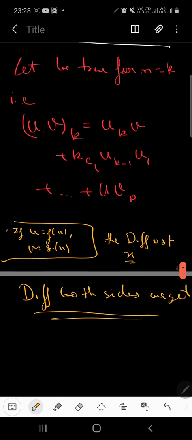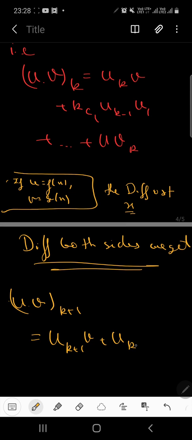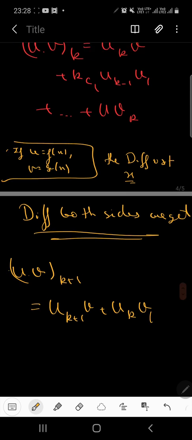It is what I meant. So differentiating both sides we get (uv)^(k+1). We are differentiating the kth derivative, so we will get the (k+1)th derivative, and here we will apply the product rule. So this becomes u_{k+1} v plus u_k v_1